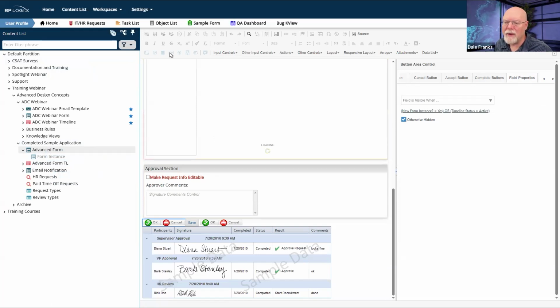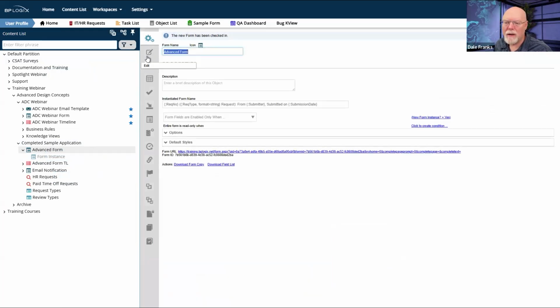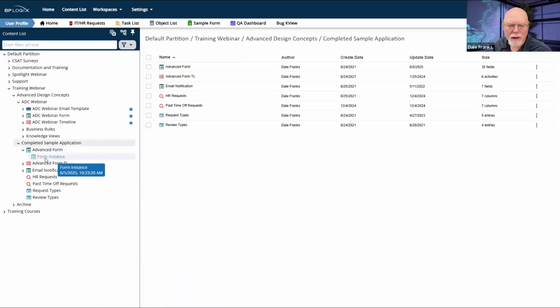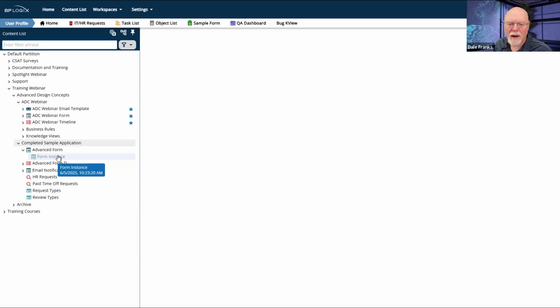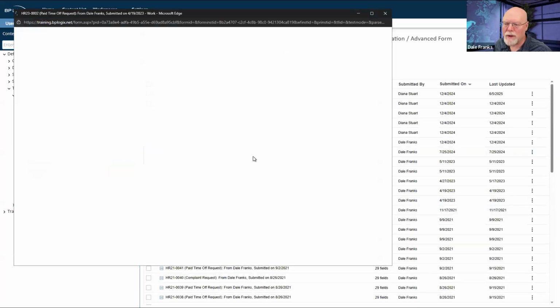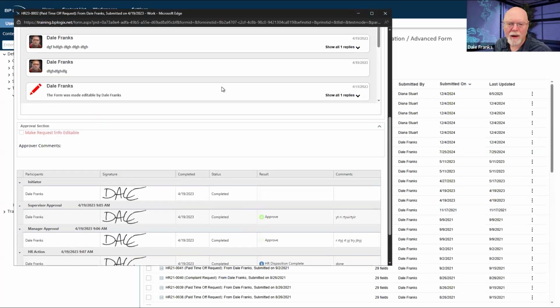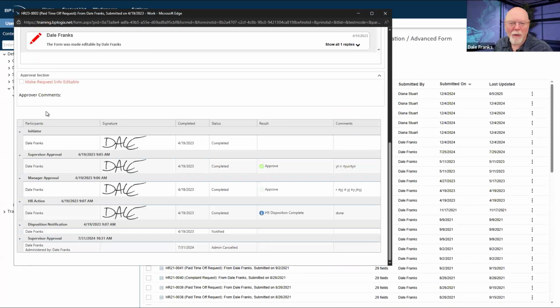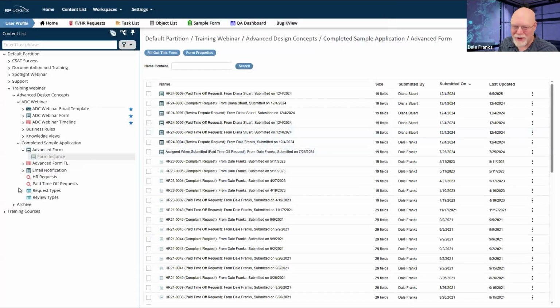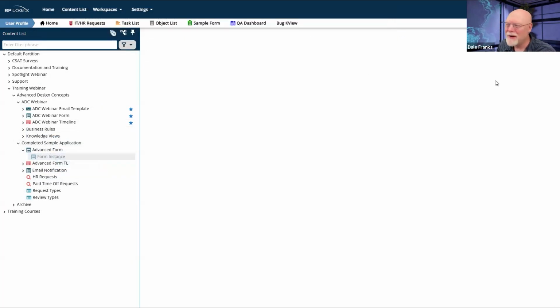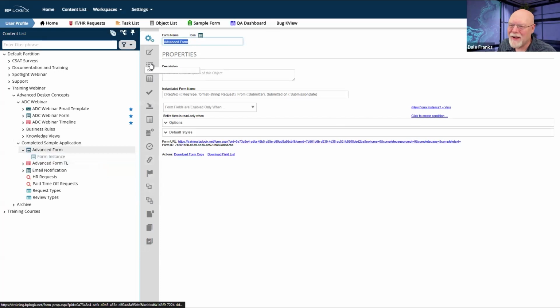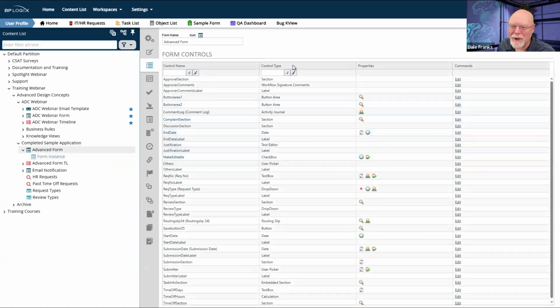So let me save and close again. I'm sorry, I said timeline activities. I expect it to change my form template. And so I would expect to be able to go back and find these old forms and pop them open. Okay, well, I'm almost there. Now it's not showing me any button at all, which I guess is fine too. But I want to show my, let's go to the form controls tab, a little bit easier, and button area 2. Timeline status is complete.